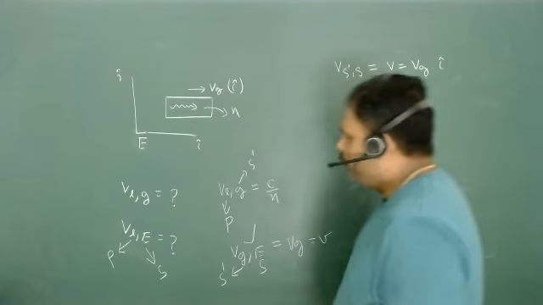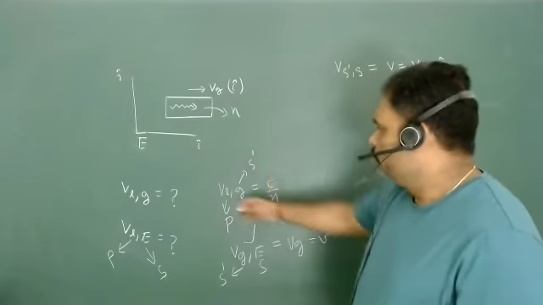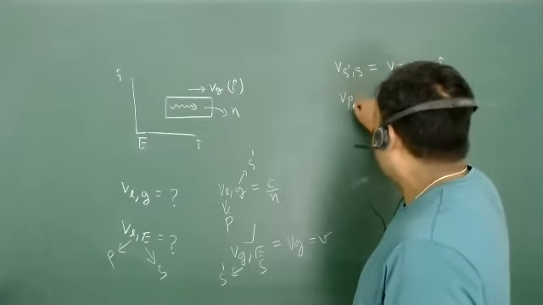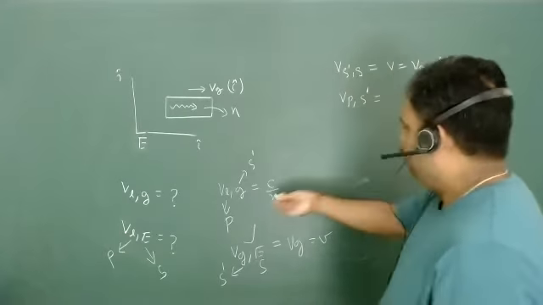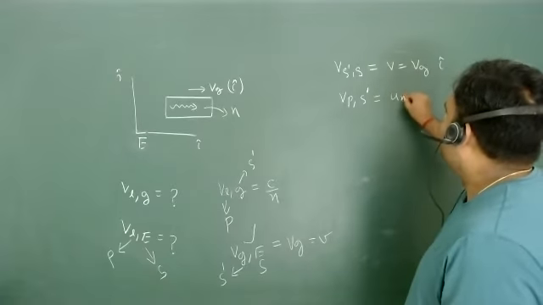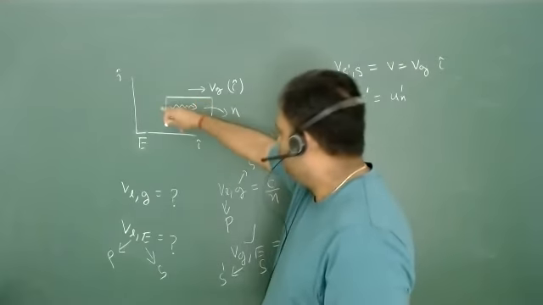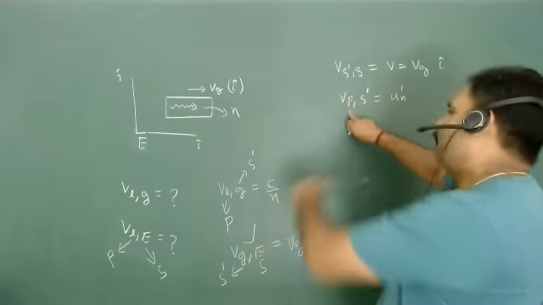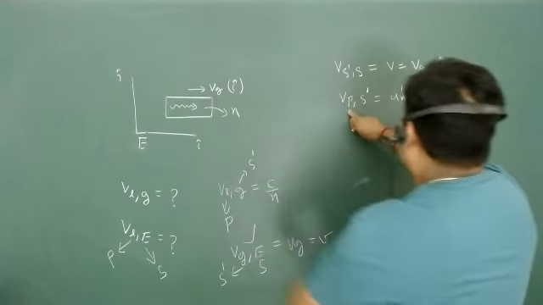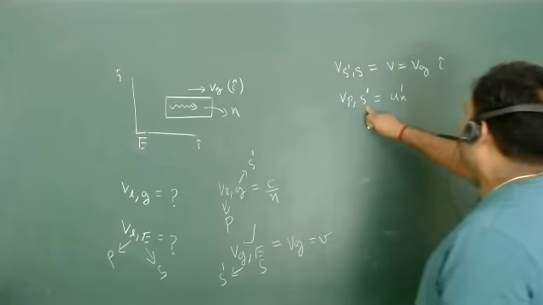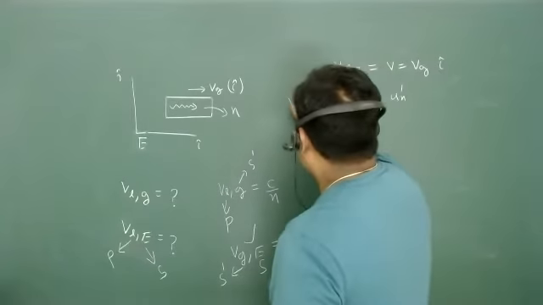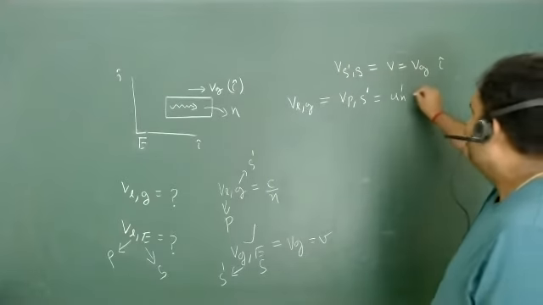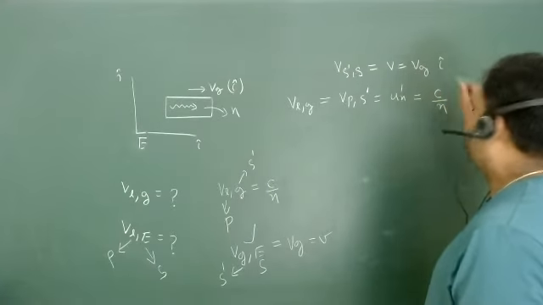What should be the second piece of information? I have to use this one, isn't it? Because next we have to calculate the velocity of the particle with respect to S dash. And yes, this is nothing but Ux dash, because I am assuming that this light pulse is coming in the X direction itself. So the velocity of the particle, or you can say the light, with respect to the glass plate, is Ux dash. And this is nothing but C by N.